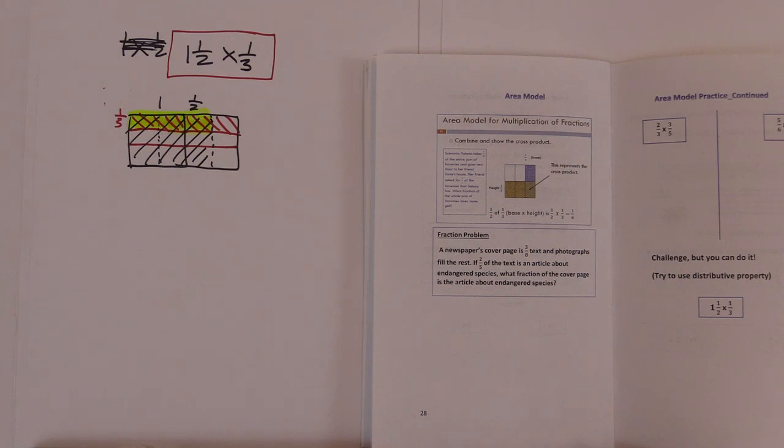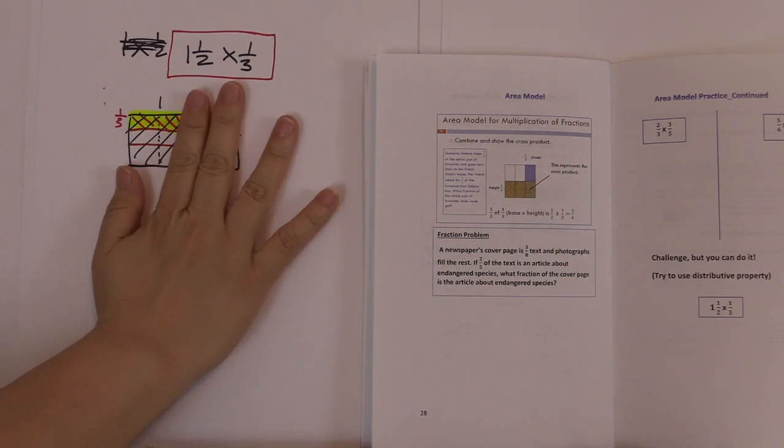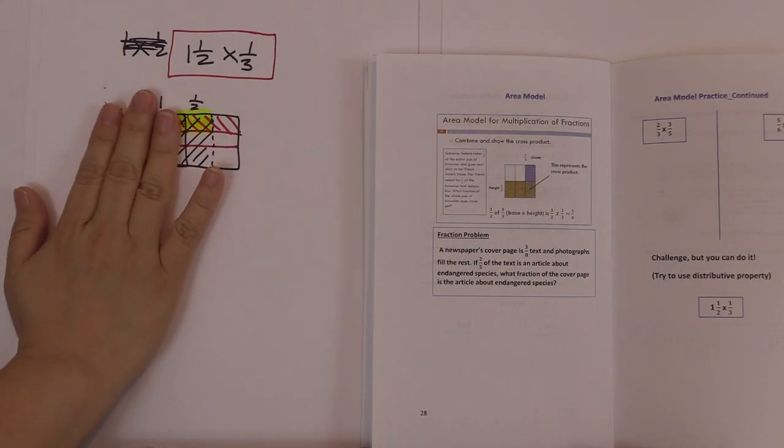So my question is, what is your denominator? Is it 12 or 6? 6 or 12 or 9? What do you think? Do you remember talking about the denominator? Depending on the whole, the denominator is the number of equal pieces in your whole. So what is your whole? This is your 1 whole. This is your second whole, right? So when we talk about the fraction, the whole is 1. That's your